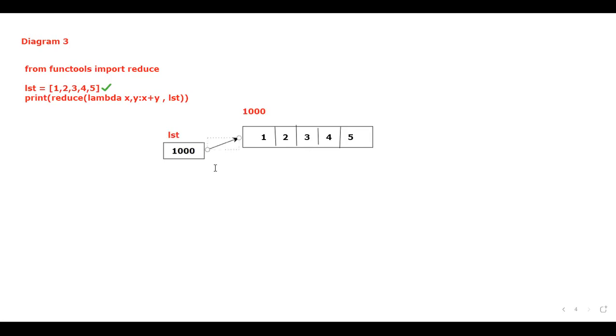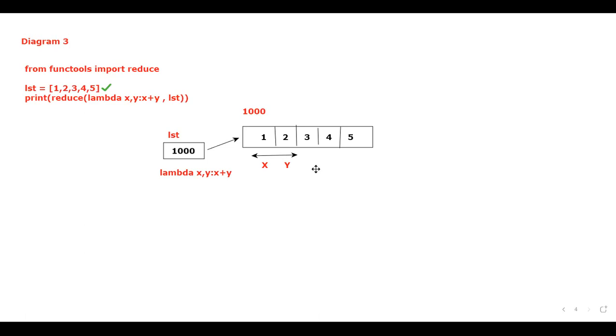Next, in the lambda function, what is the condition that you have given within the reduce function? This was the condition that you have told. Now you should tell me the answer. It will take the first two data. Now you tell me what are the first two data? This is x and y. See here, this is x, this is y. Now please tell me x plus y. What is the answer? 3 is the answer.